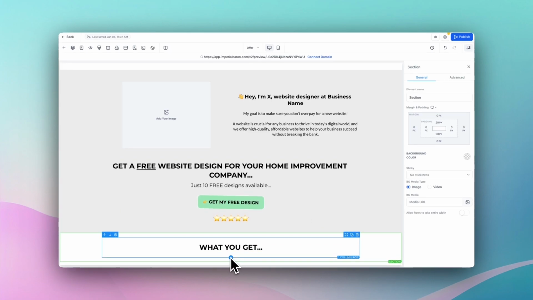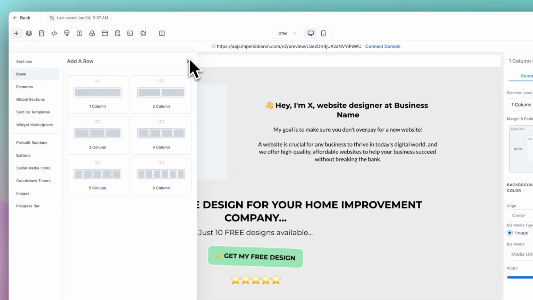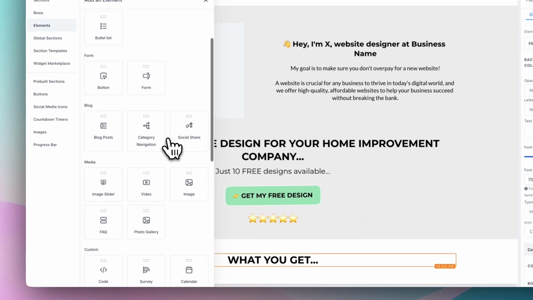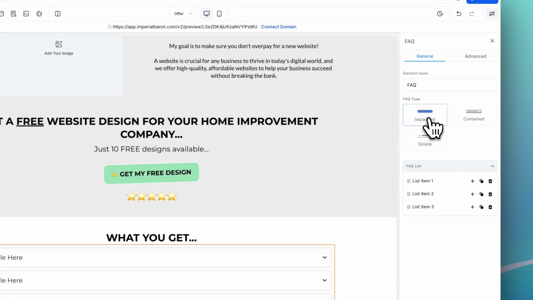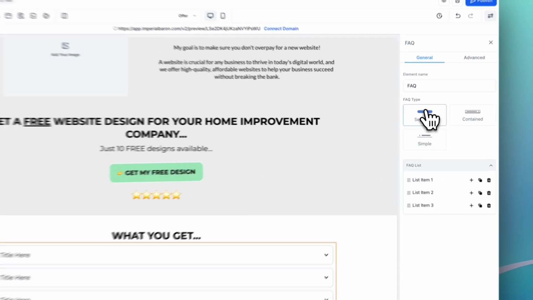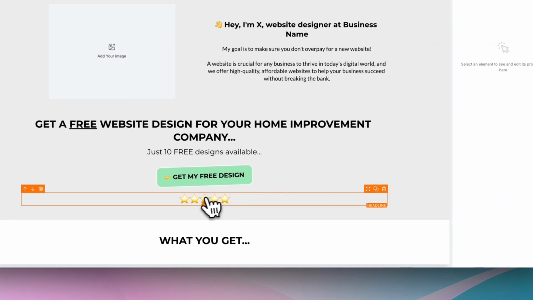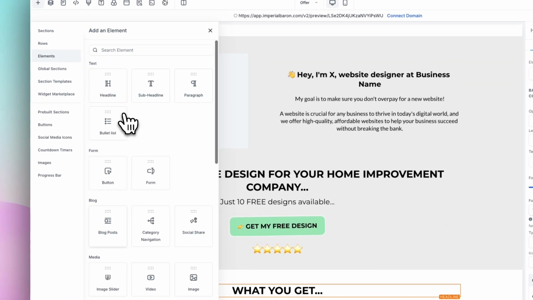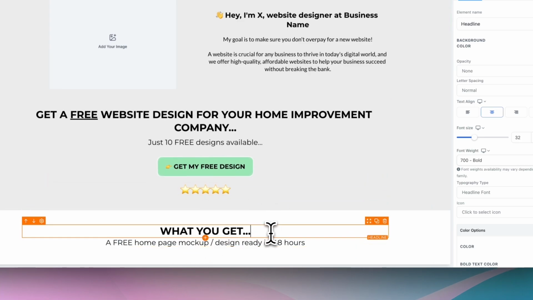So what you get, and below that we can add actually not another column but another element within the same column, and we are going to use this FAQ. Let's try to design it a little better, and actually not an FAQ because we want something simpler. We can just add a sub headline, and let's try to use this text for example,